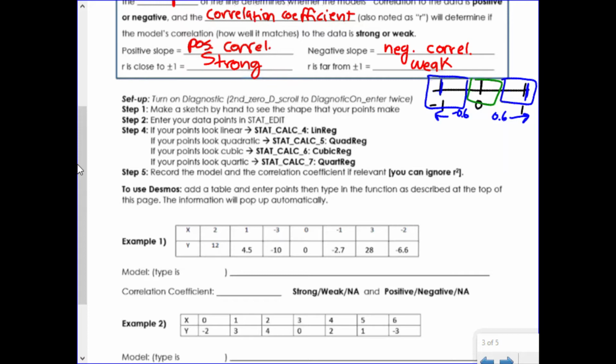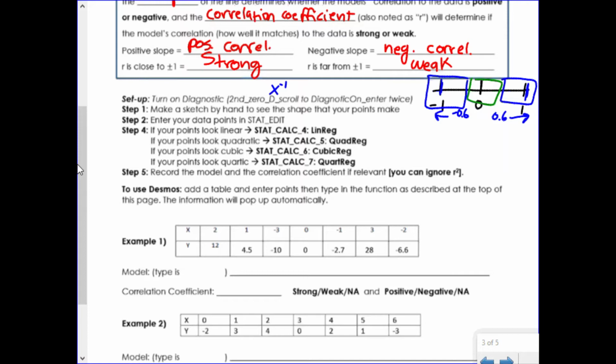We need to go all the way to a word that starts with D. So instead of scrolling forever, you're going to hit the button for D, which is the button that has the X negative 1. So if you push that X negative 1 button, you're going to see the words that start with D. You're going to scroll down just a little bit so you get to diagnostic on. You hit the scroll button like 4 or 5 times. You get to diagnostic on. If you hit enter twice,